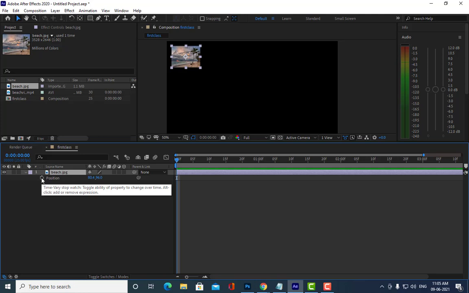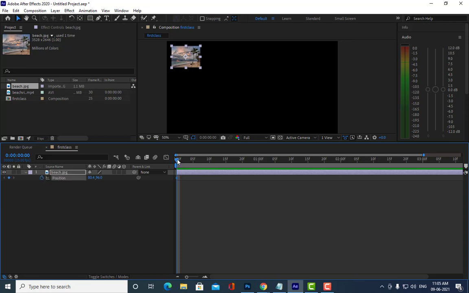Yes, sir. Photoshop. So this is the same technique that we have learned in Photoshop, but here we have advanced options. Photoshop is not meant for animation. The animation is just a small part of Photoshop. But here animation is a very serious, important part of this software. So we have to click on this position.